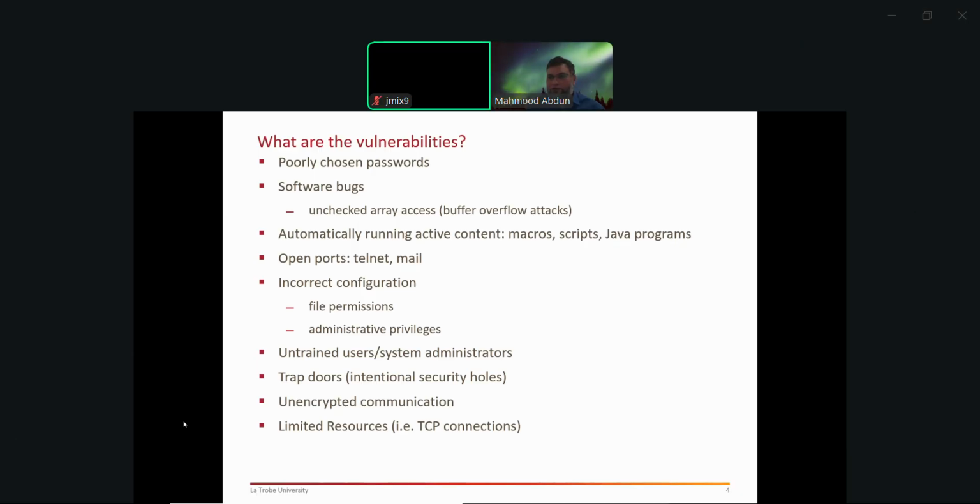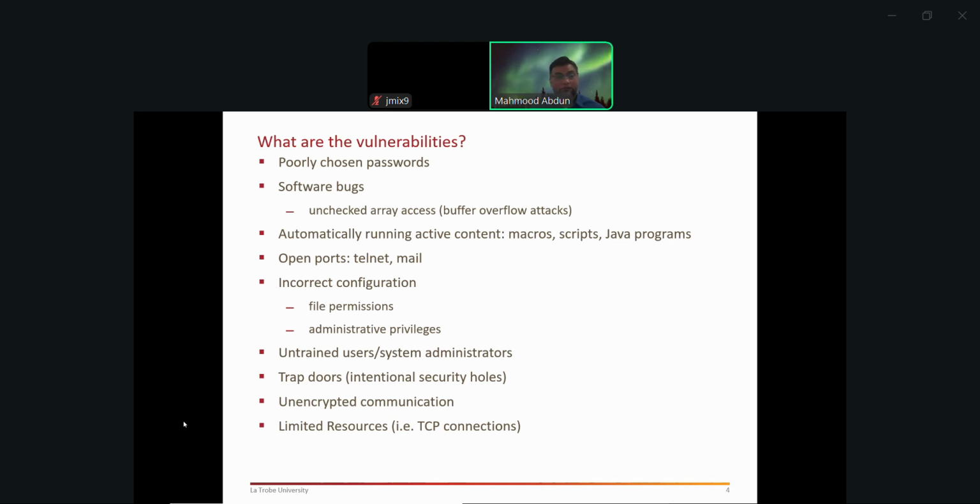Yeah, thank you very much for raising that. So we were discussing vulnerabilities. That's the first part of the talk. In the remaining talks, we're also going to touch on the cybersecurity framework as well as CIS controls, top 20 controls. So when we were discussing the vulnerabilities, we talked about poorly chosen passwords. We know the meaning of what can go wrong when passwords are poorly chosen.